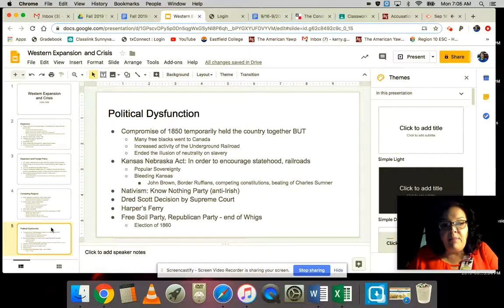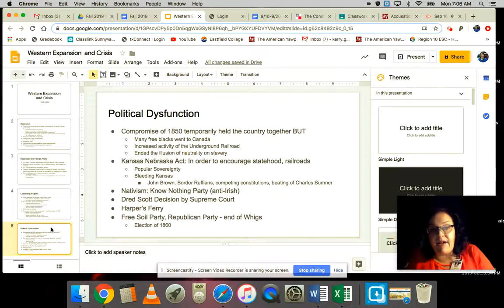And it's because of that decision that John Brown, who's left Kansas by this point after having killed 6 people, decides that he's going to kind of raise a group of followers. He's going to go into Virginia, seize the federal armory, and then wait for slaves in the area to rise up and kind of help him lead a revolution. So this is what Harper's Ferry is. Harper's Ferry freaks the South out.